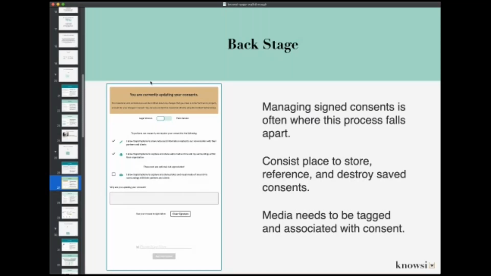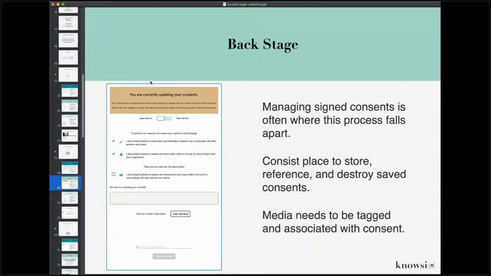So you can have an active conversation with your research participant about what it is that they consent to or don't consent to. Knowsi is specifically designed to be used both in person and remotely. We've mostly seen it used as a tool where people send the consent form ahead of time and then go in knowing that something has been agreed to.